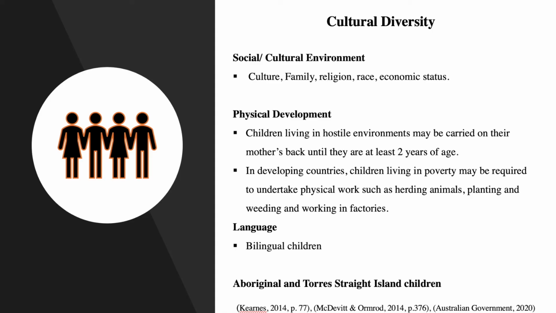A child's development is shaped by their social and cultural environment, this meaning their class, race, nationality, ethnicity, religion, and culture. A range of cultural and family factors will influence physical growth and development. Different cultural and family traditions, beliefs, values, expectations, and child-rearing practices can have an influence on development. For example, in some cultures, children are expected to be independent and self-sufficient at an early age, whereas in other cultures, children are not expected to do anything for themselves until they are beyond the preschool years.